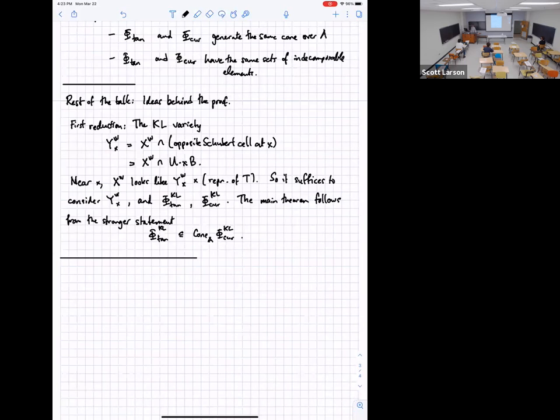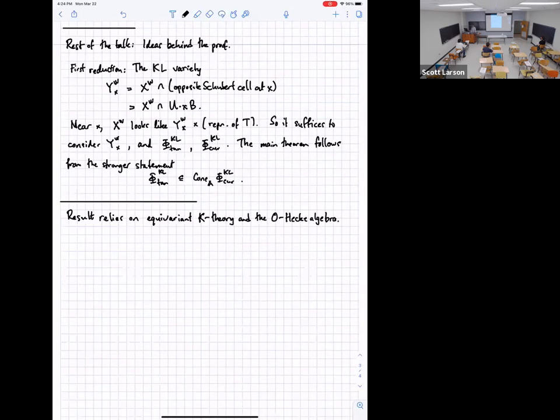Okay, so now the result relies on equivariant K theory and the zero-Hecke algebra. I'm not going to say much about equivariant K theory, most likely. I don't think there will be time. But let me tell you a little bit about the zero-Hecke algebra, because I needed to state what's happening, and many of you will have seen it before. I probably have mentioned it many times here. But anyway,